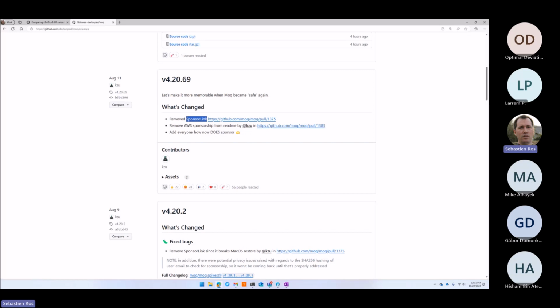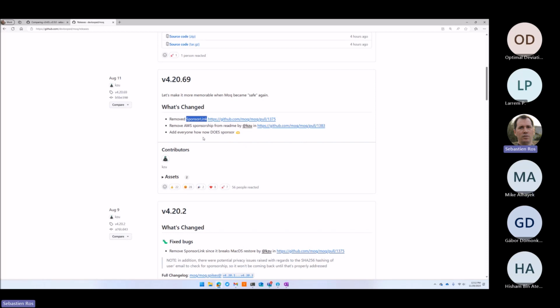And to do that, it's sending your local email from the Git account to their server to verify that you are a sponsor of this project. And there were issues at some point that it was not even hashed. The email was just stored like this on their server, but even hashed, it's private information that should not be sent automatically.